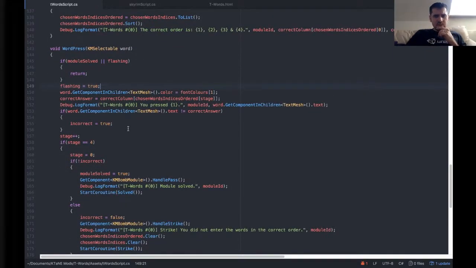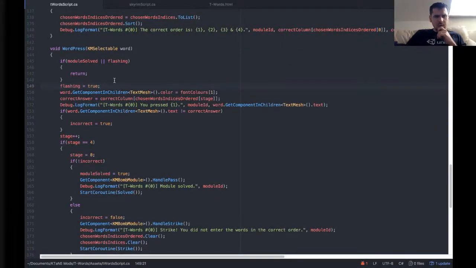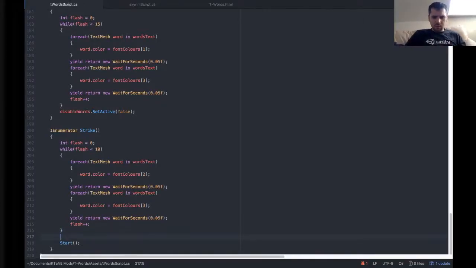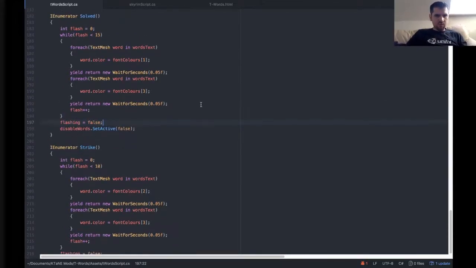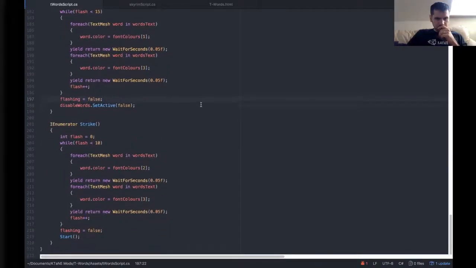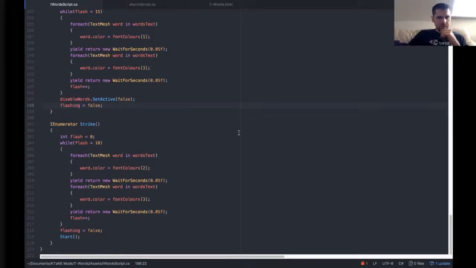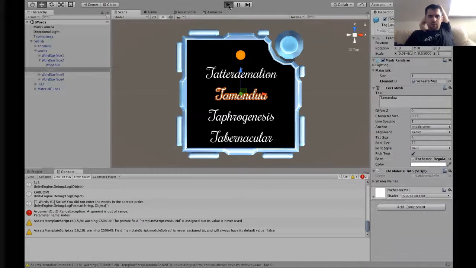The other thing I need to consider is if you've already pressed a button, what's going to happen? Because I haven't thought about that yet, and I'm going to do that in just a second. But first of all, I'm going to make sure we turn flashing off again. And turn flashing off there as well. We'll do that after we've disabled them. So there's absolutely no chance of anything happening. So that should now have gotten rid of that issue where if I click it while it's flashing,